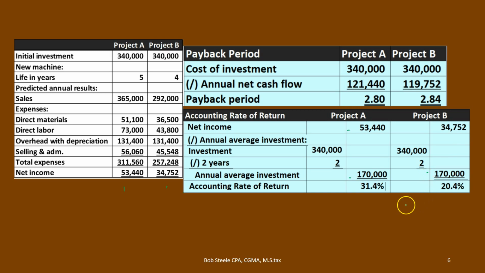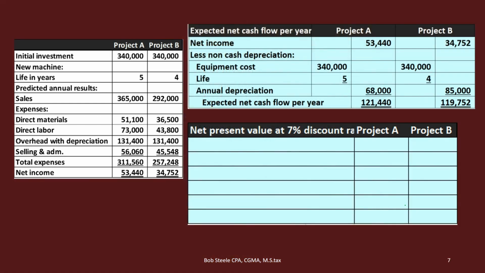20.4%. So this rate of return, if we're comparing two projects, what we're looking for is a higher accounting rate of return. That would be an indication of it being better. So project A has a higher accounting rate of return than project B, and so that would be favorable there. Again, good quick calculation, easy to do, but doesn't give us the time value of money in there as well. So we probably want to go further and calculate something like the net present value, which we'll do